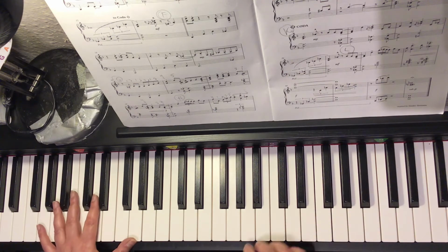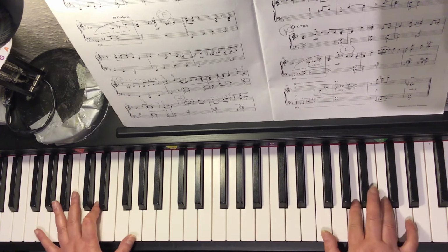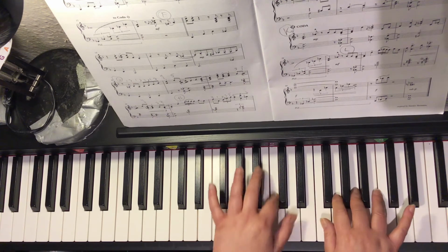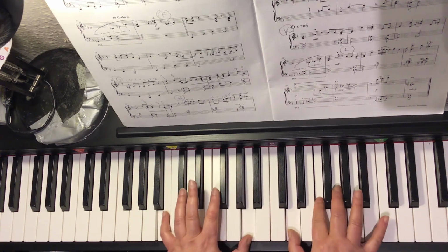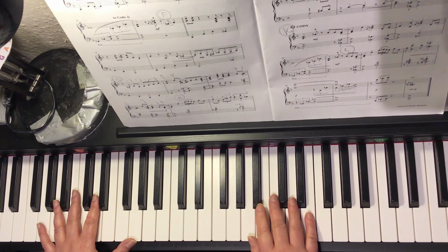Let's try again. Circle G. A 1, a 2, a ready, go. And 1, and 2, and 3, and 4, and 1, and 2, and... I think I play with a lot more accuracy when I'm not counting out loud. So 1, a 2, a ready, go, and...